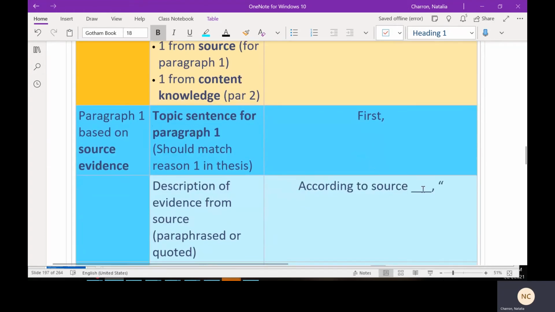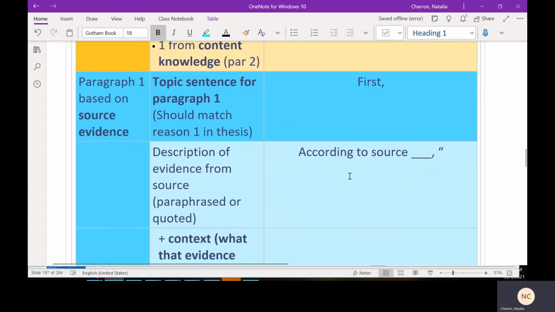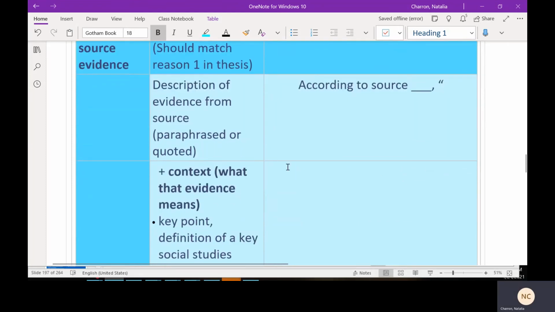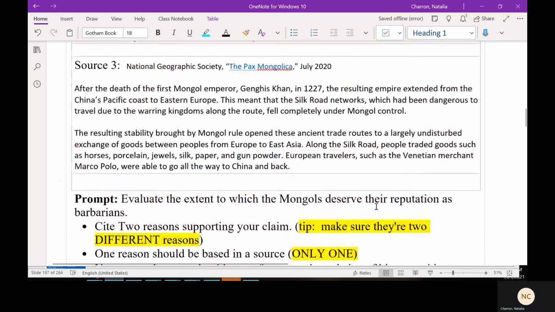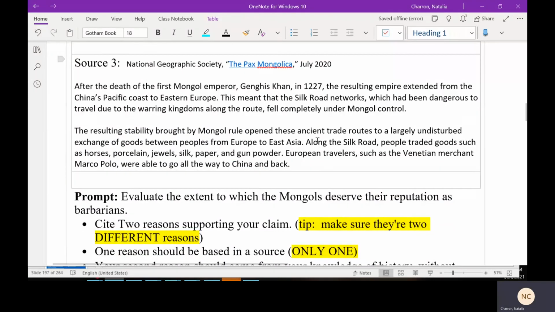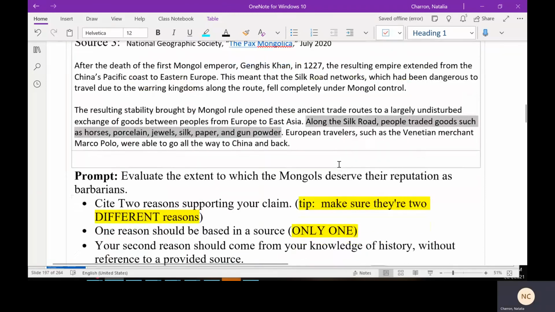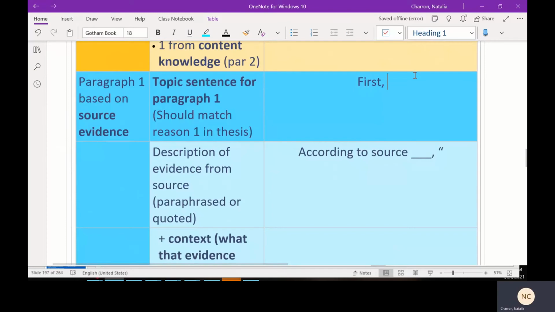Ideally, you can write at least one of these paragraphs. Ideally, the one using the source, right? So if there's a source you understand, just focus on writing this paragraph as best you can. So like according to source 3, the Mongols helped rebuild the Silk Road, and then I can just copy paste this quote into my response. Really rebuild if we're being accurate, but whatever. Okay, so according to source 3,